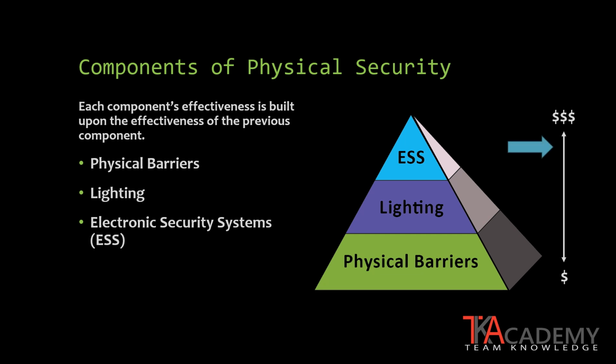In this approach, we would want to maximize the effectiveness of the physical barriers as a first step. Next, we want to illuminate our physical barriers with lighting. Lighting needs to have a support system, or a physical apparatus, to be able to mount to, which is also the reason we apply physical barriers first. Finally, we utilize electronic security systems to complete the design of our security system.